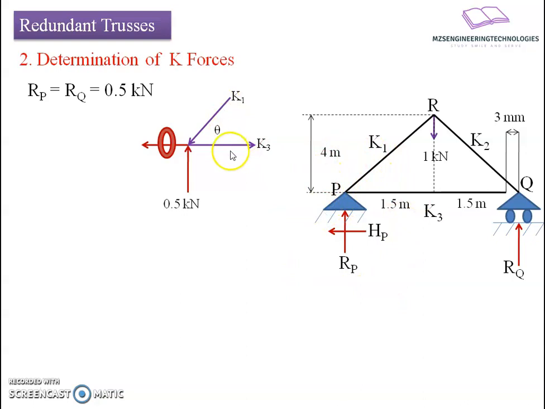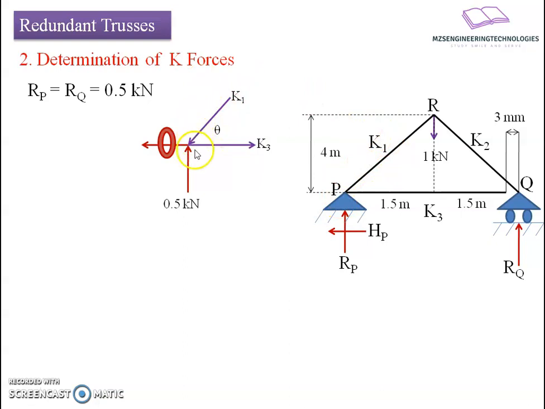At joint P we see that there are 4 forces acting: the member force K1, the member force K3 and the reactive force Rp, which has a magnitude of 0.5 kilonewton, and HP has a negligible effect, that's why I have considered it as a zero member force. Now, for the equilibrium of the vectors, the 0.5 kilonewton reactive force is going upward. So I am going to consider the member force K1 going downwards,